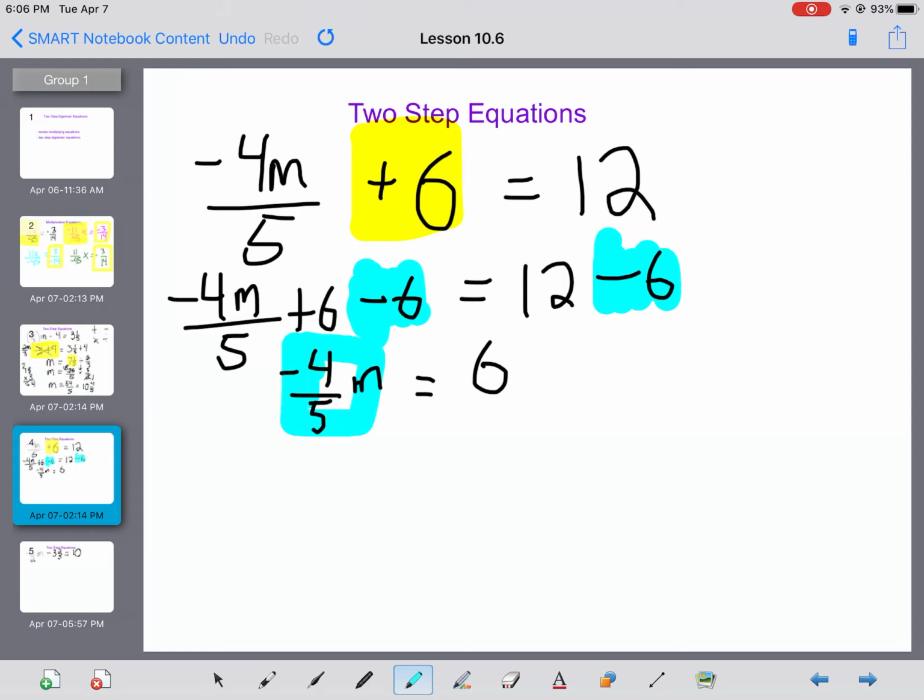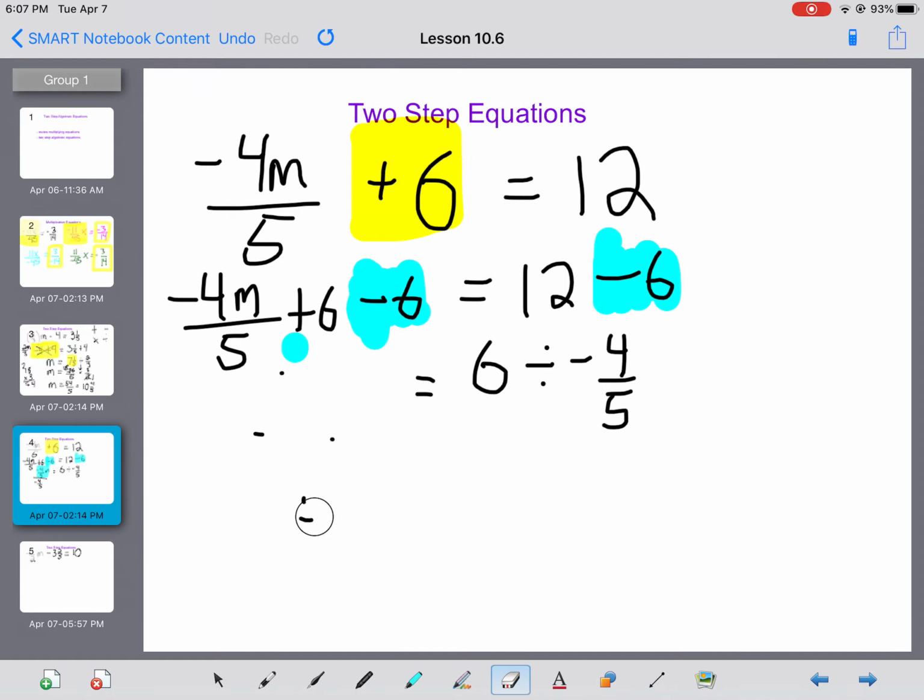Same thing as before. Right now, m is being multiplied by negative 4/5. The opposite of multiplying is dividing. So I divide by negative 4/5 and I divide by negative 4/5. Make sure that negative comes with you. Okay, once again, I'm going to erase just to give myself a little bit more room to work with things on the screen. So we get now m is all by itself, which we want, is 6 divided by negative